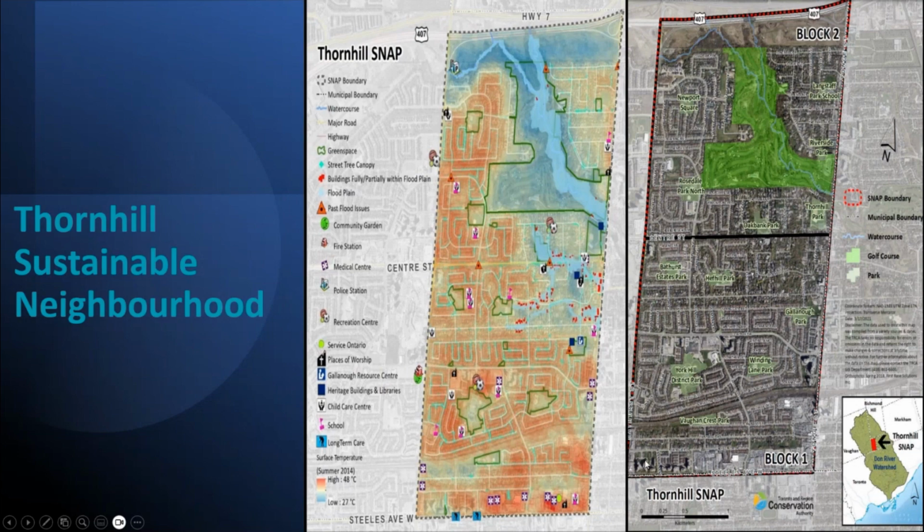And here we see the Thornhill Snap. So we can see the whole area here and where it's shown in the Don River watershed in Vaughan, Richmond Hill area, and Toronto, showing the major green space along with the golf course, parks, and then the snap boundary. So this whole area with Rosedale Park North, north of Center Street and south of Center Street, and just to the east of Bathurst Street, and just to the south of 407 is exactly where we're focused for this Thornhill